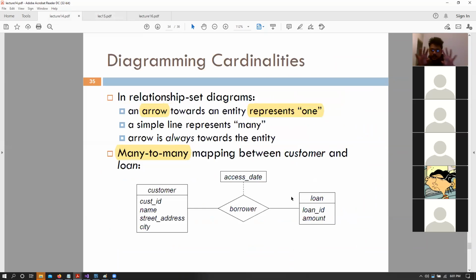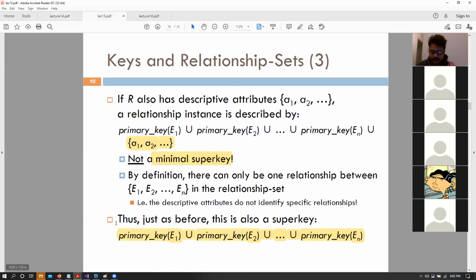Yes, right. So here we have two entities represented by a single relation. And this is a many-to-many relationship, right? So both customer ID and loan ID together would represent that relationship, right? So that is, in the broader sense, the maximum possible primary keys that borrower can have, both customer ID and loan ID, right? Okay. So that is what it says.